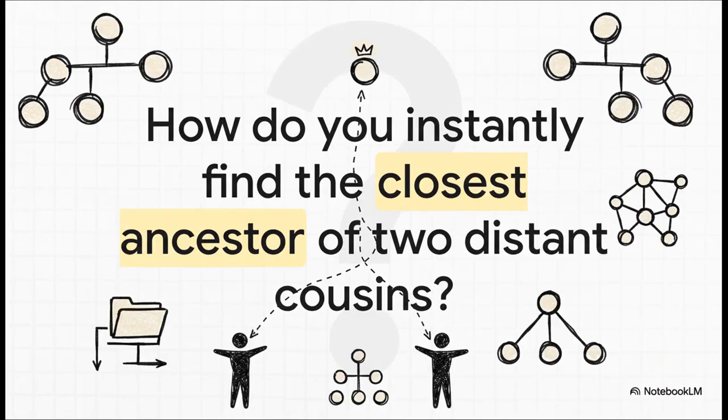Before we jump into the code and the algorithms, let's just think about this in a really simple way. Picture a huge, sprawling family tree. The lowest common ancestor, or LCA, is really just the closest shared relative between any two people. You know, it's the first person you'd hit if you traced both their family lines up until they finally met. It's the same exact idea for things like file systems, social networks, and of course the data structures we're talking